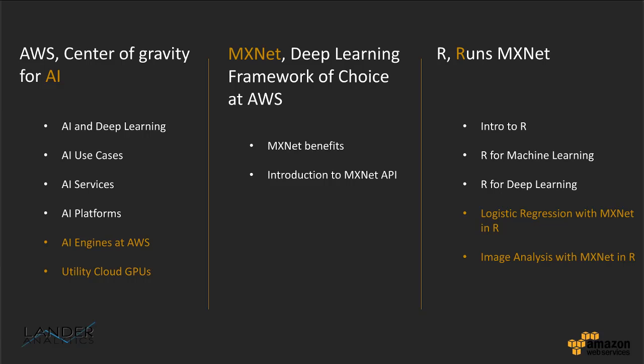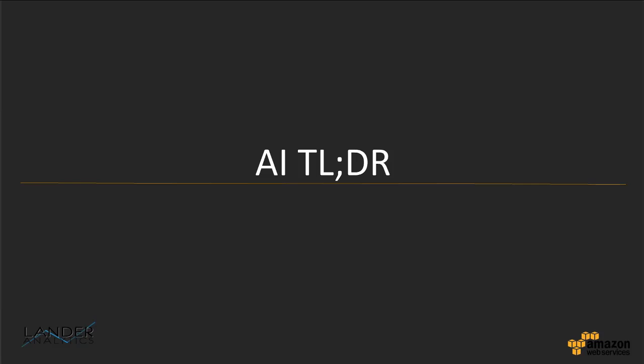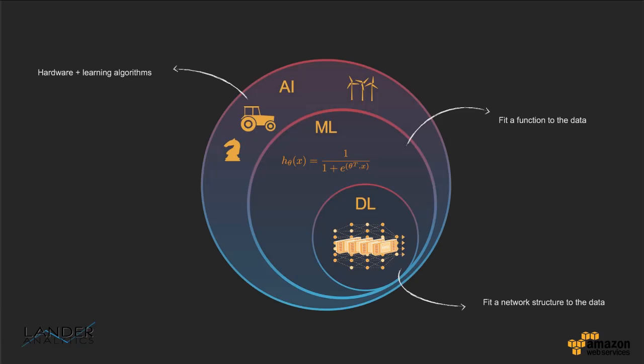So this is essentially the last slide, and this is the takeaway that you have to take from this presentation. So AI, in short terms, what is it? Well, the way we see artificial intelligence is essentially a combination of hardware and learning algorithms working together in order to accelerate the process that humans typically take in order to complete a certain task.